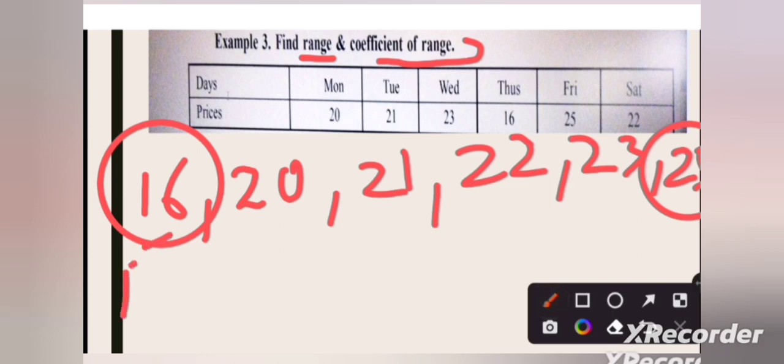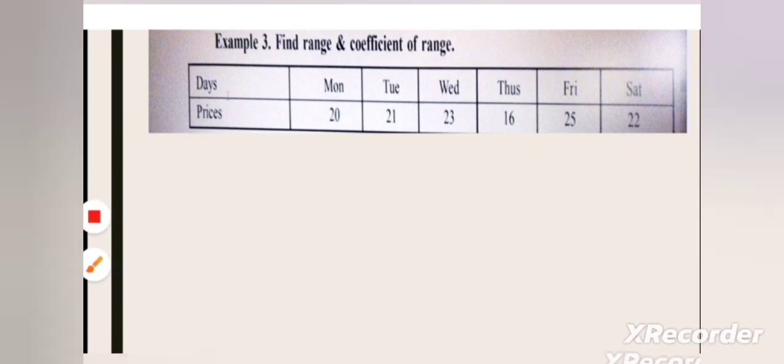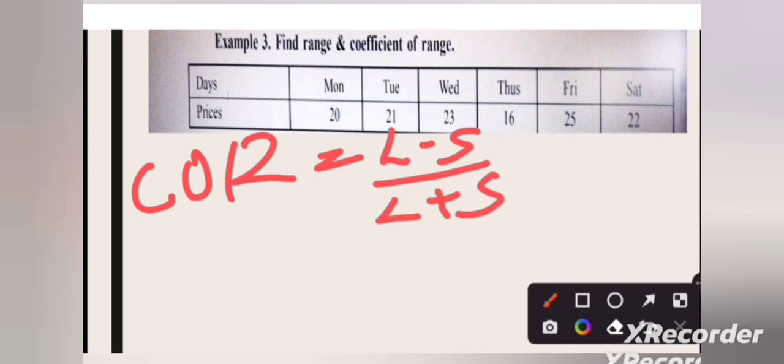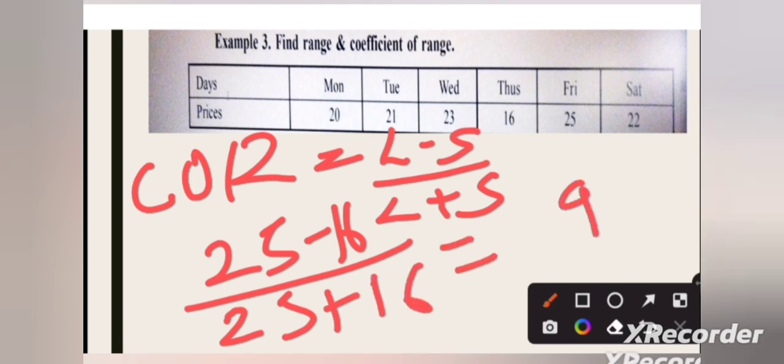So, our range will be equal to 25 minus 16, that is 9. For finding coefficient of range, we will use this formula, that is largest value minus smallest value divided by largest value plus smallest value. So here we will get 9 by